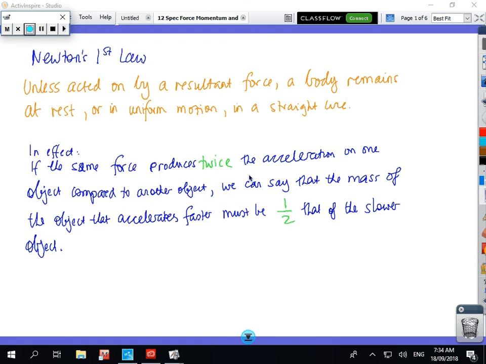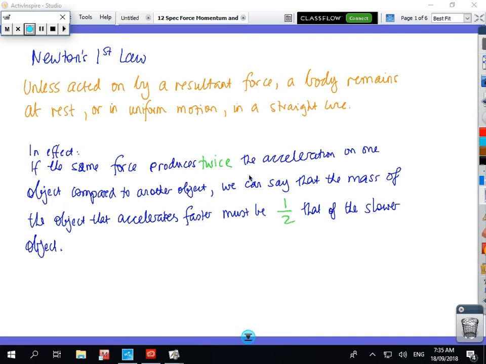Okay, we're just looking at a topic called force, momentum and motion, and we're going to have a look at some of the basic laws. The first law we're looking at is Newton's first law. Unless acted on by a resultant force, a body remains at rest or in uniform motion in a straight line. So basically, if there's no force acting on it, either the thing keeps moving at the same pace or